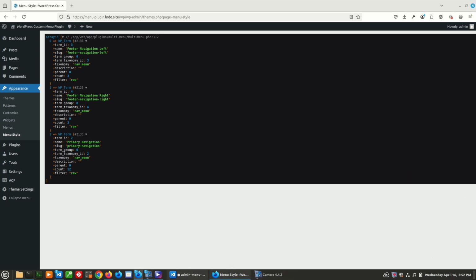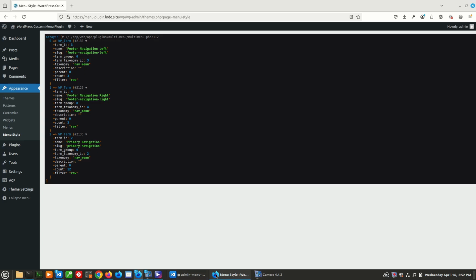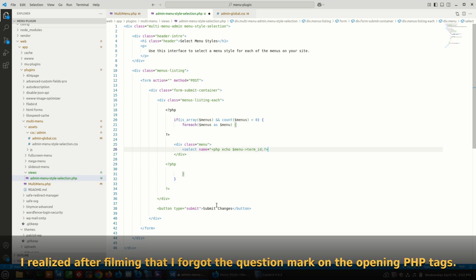So select name equals PHP echo menu, menu term ID, and then we can close that,